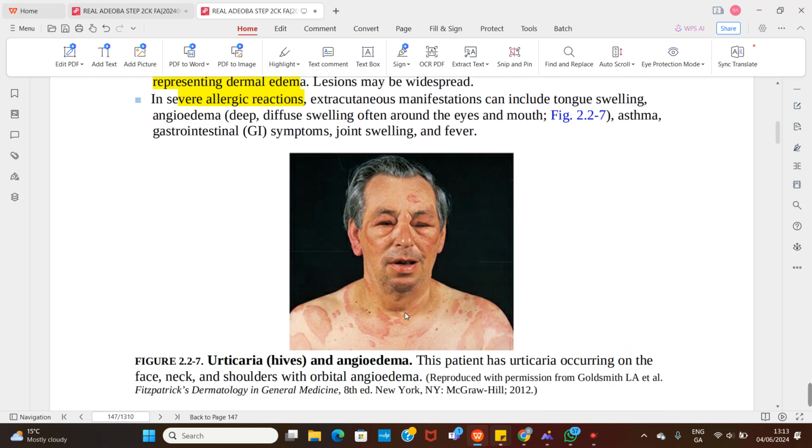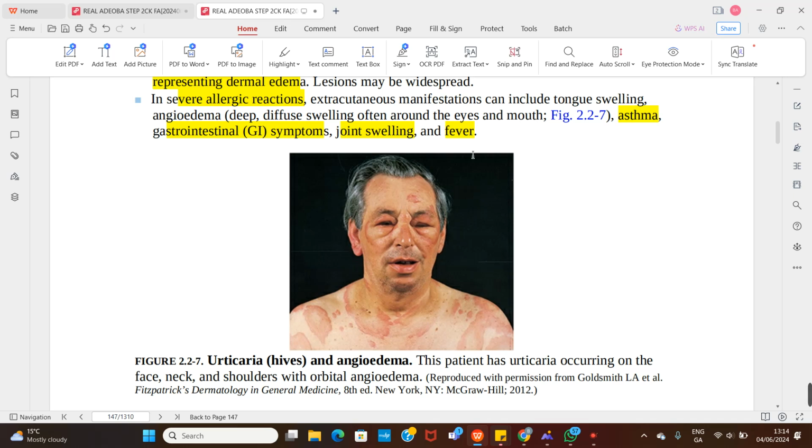The histamine can affect the bronchial airways, causing bronchoconstriction, and they are going to have features similar to asthma. The histamine can exert some peristaltic effect on the GIT, causing cramps, causing diarrhea, right? Sometimes you can have joint problems, joint swelling, and even fever, because fever is part of the cardinal signs of inflammation. So the fever, the airway features, the subcutaneous swelling in the face, the tongue, should raise your